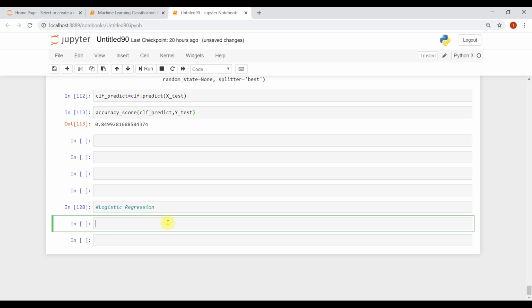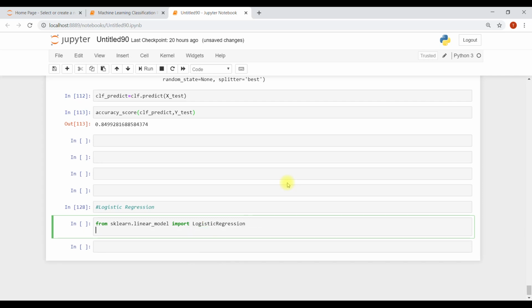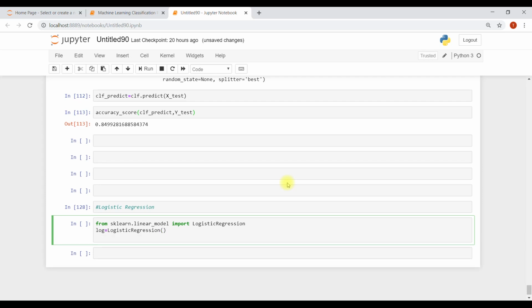Okay, from sklearn.linear_model import LogisticRegression. Now log is equal to LogisticRegression(), that's how you basically apply this. Now log.fit